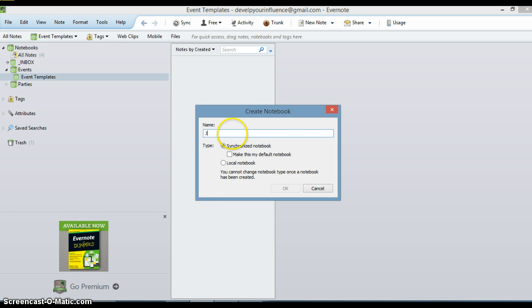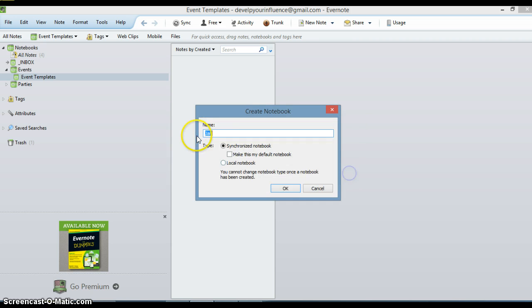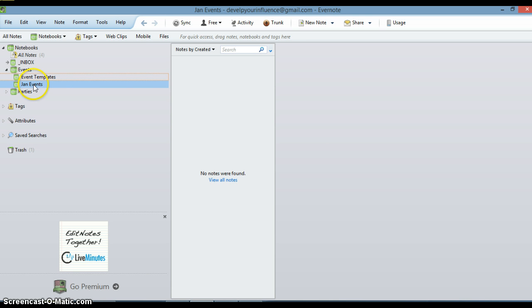Okay, so I have January. Oops. Oh, see, I already did January because that's in the parties. So we should name it events January, or January events, whichever way you want to do it. How about January events? That makes a little more sense. January events. All right, so there's my January events. I'm going to go through and do every single month. I can go back to my templates though and create a new note,